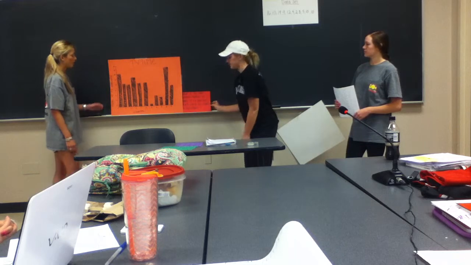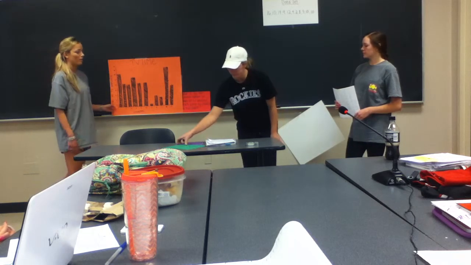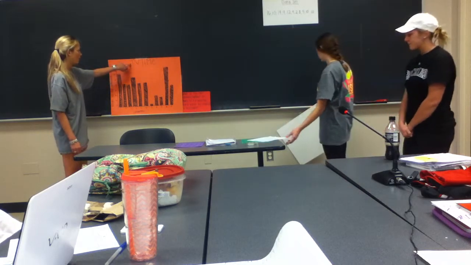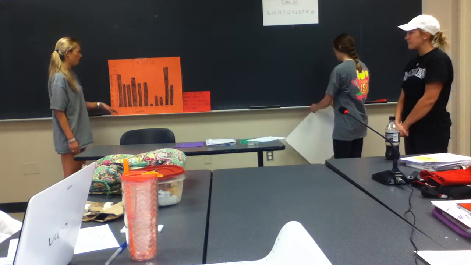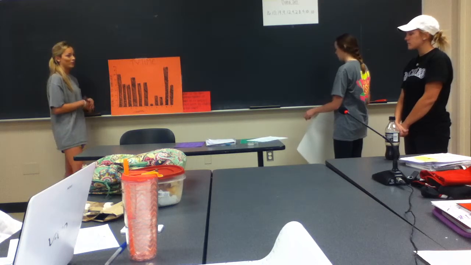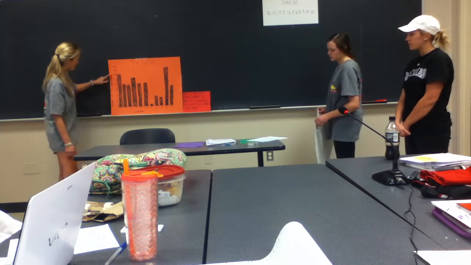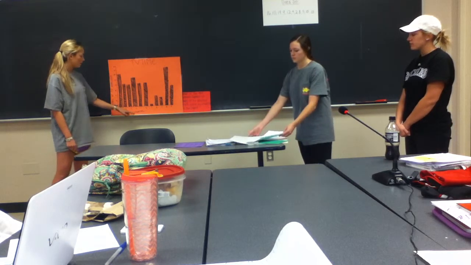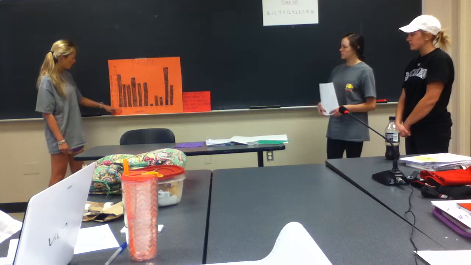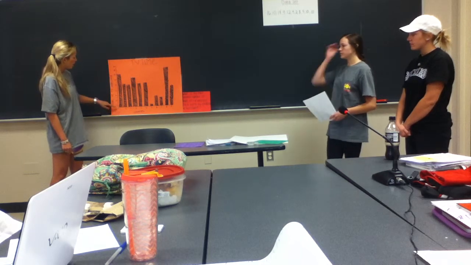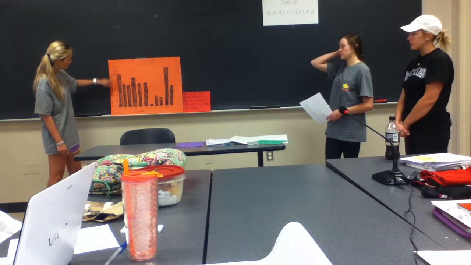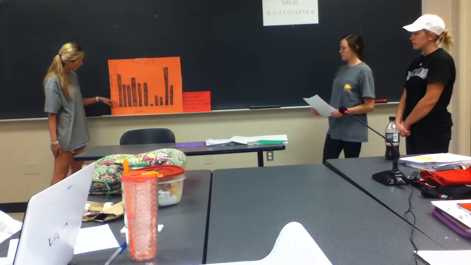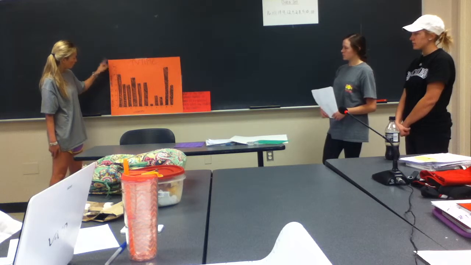Okay, so this first graph that we're looking at is a bar graph. Like she said, this usually starts in 3rd grade. You have the title up here, which pertains to the whole entire graph. So we have it as TV time because it was the amount of TV watched in a week. The y-axis right here is the hours of TV watched. And the x-axis down here is the students, and each number down here is a different student. On the side right here, this y-axis gets skip counted by 2, because that was the most common